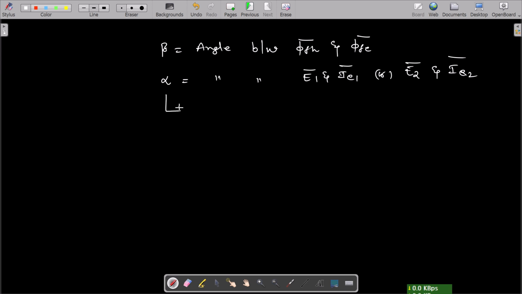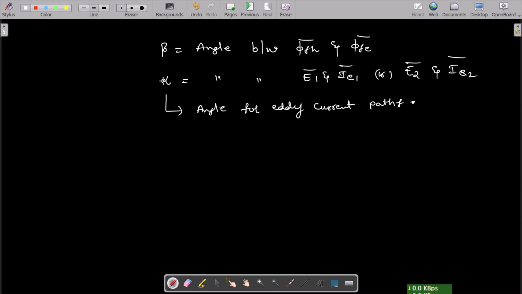This is nothing but the angle for eddy current paths. Angle for eddy current paths. Okay,